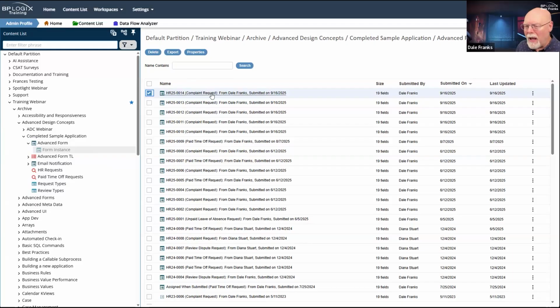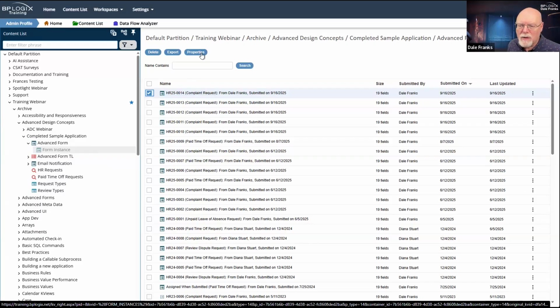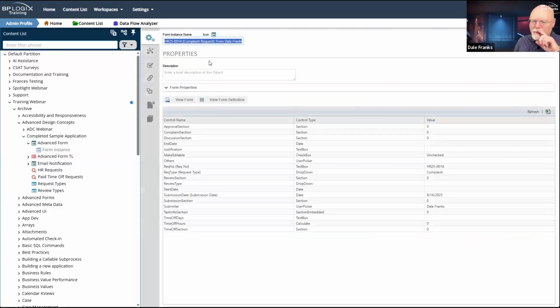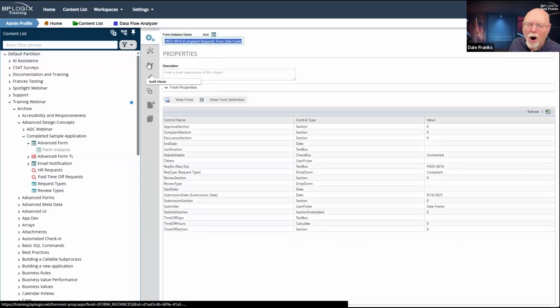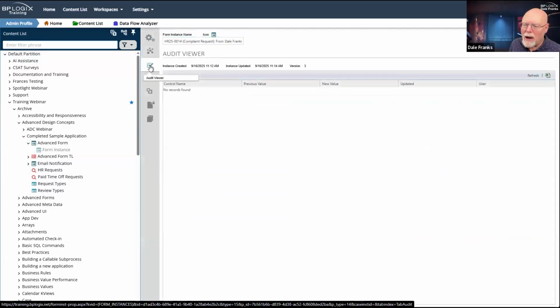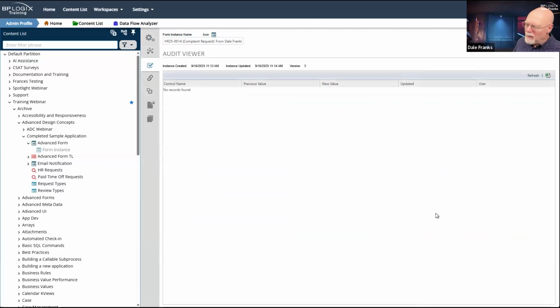Now, normally what happens here, if I was just to click on the form, it would just open the form itself. That's not super helpful for us. I need to open the properties. So I'm going to go up here to the properties button. And here is my audit viewer tab right here. Now, I didn't make any changes to these forms, so there's nothing to audit.